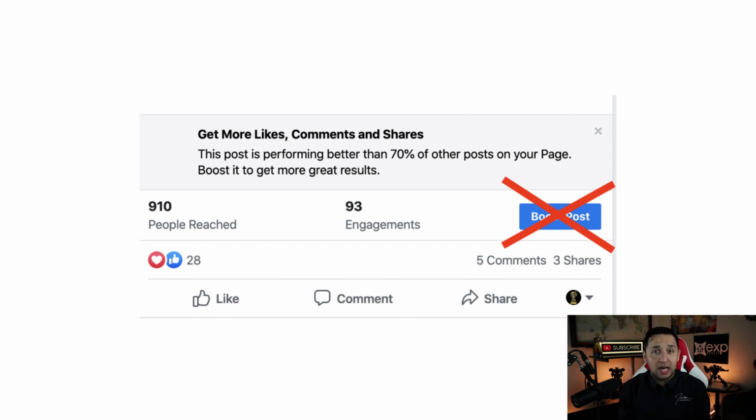So if you think that you're advertising and you're hitting the boost button, then you're doing yourself a disservice, because the boost button is not designed to increase engagement on your business page, which at the end of the day, has very little correlation with your bank account. I know it sounds a little bit different, but understand that that's true.